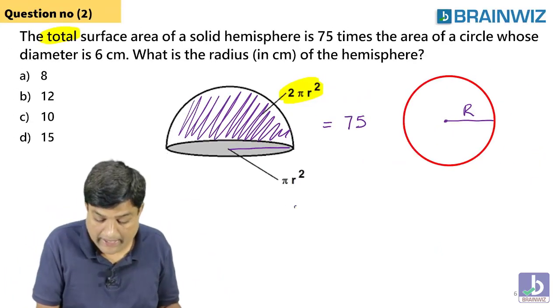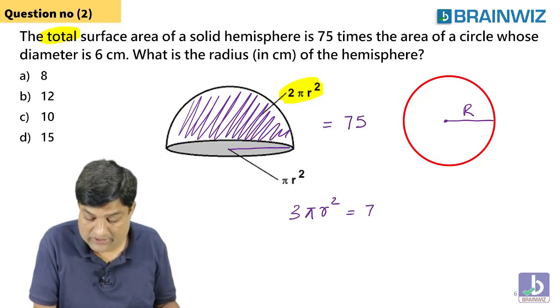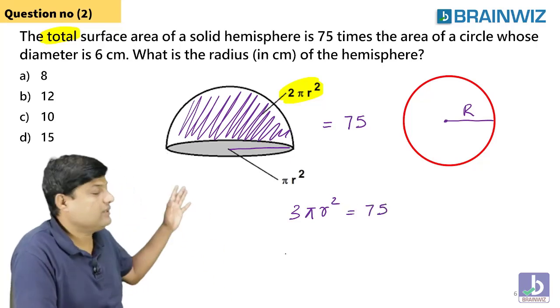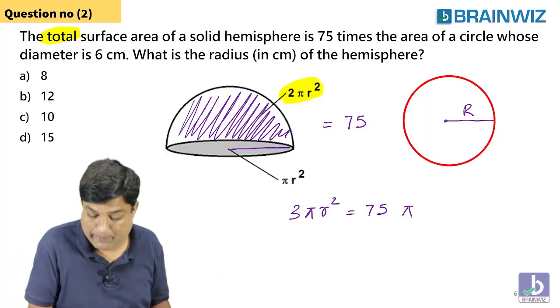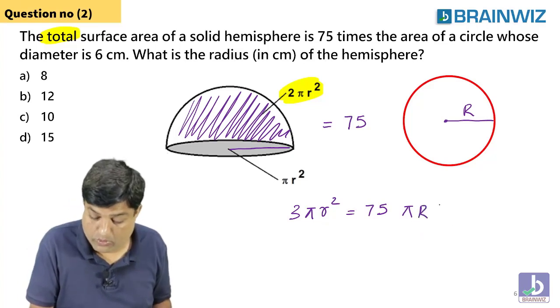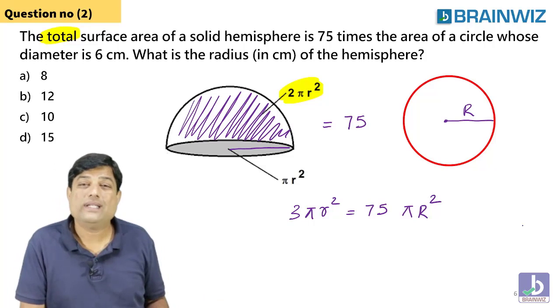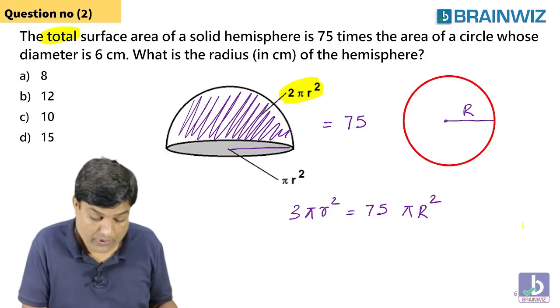So we should know that the area 3 pi r square must be equal to 75 times the area of the circle. Many people think that it is pi r square, but these r both are not same. So what we're going to keep? We're going to keep one more r, that's a different r. Following, everybody? Now what parameters have been given to you.